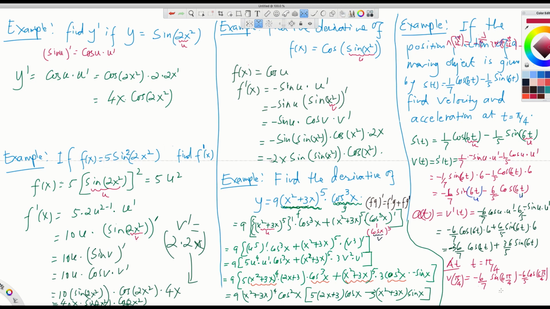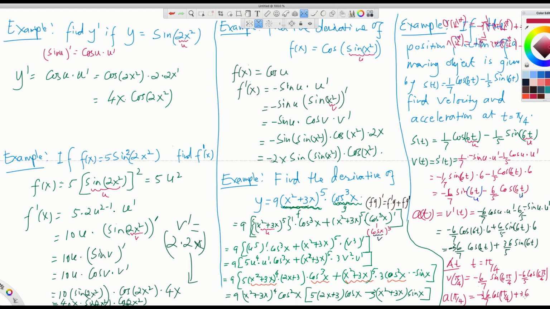And you use a calculator to find the answer. Similarly, the acceleration at pi over 4 will be negative 36/7 cosine